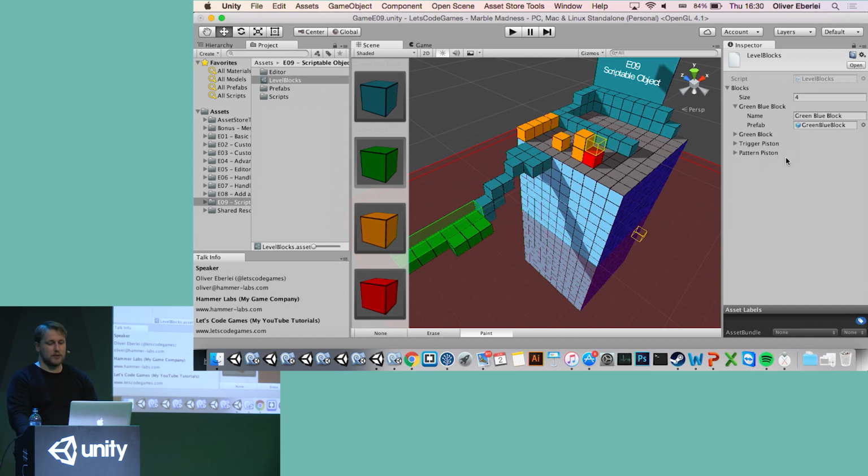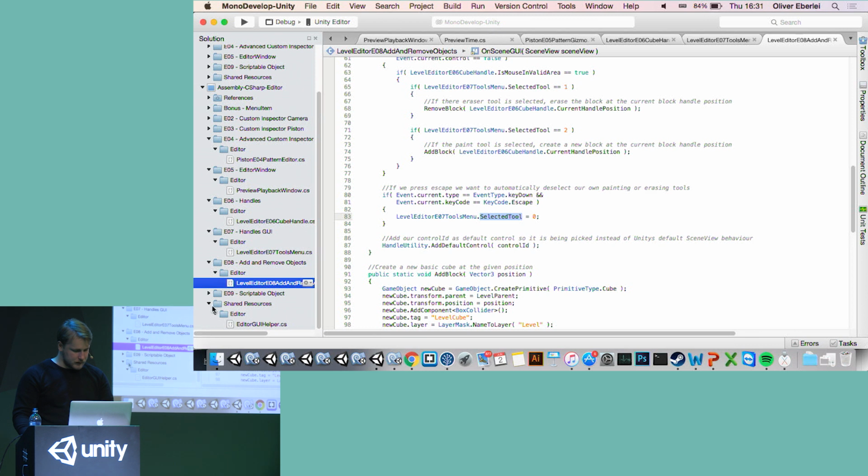But the cool part about the scriptable object is that it's just a data class sitting in your project. You cannot instantiate that by accident. I often use it as a database. It's very useful to have shared data between scenes and stuff like that. So I highly recommend looking into scriptable objects. Then just to show you quickly what I did here to draw this, this is the scriptable object editor.